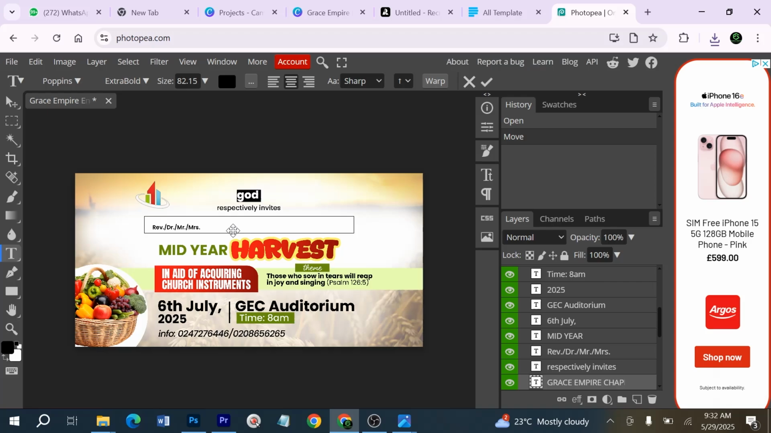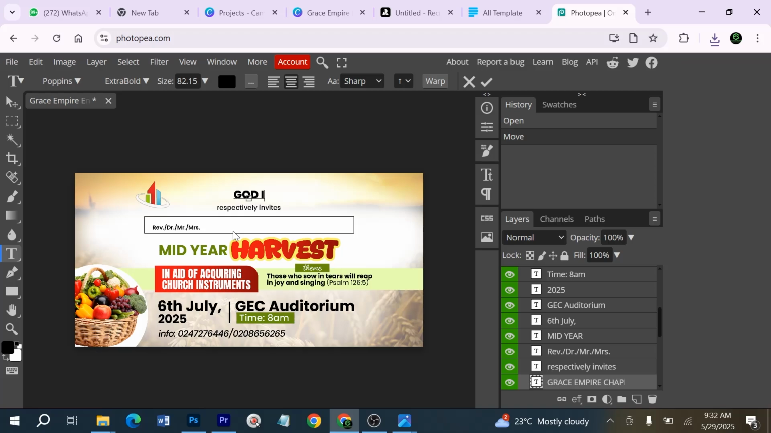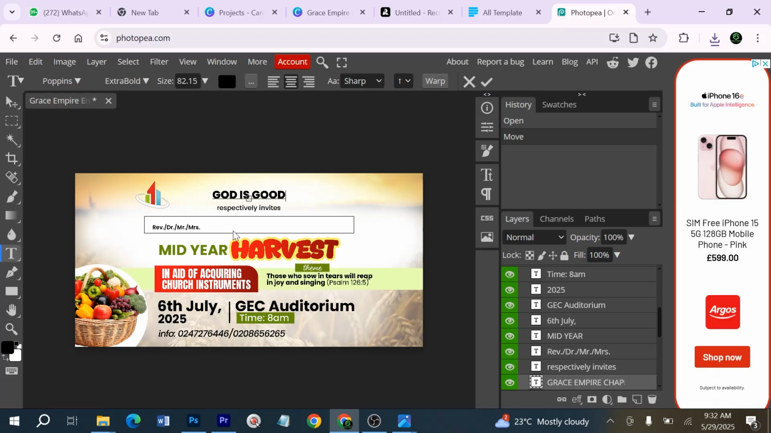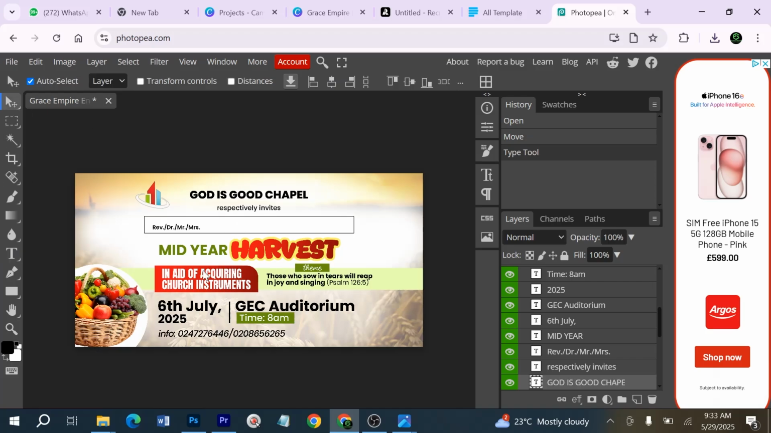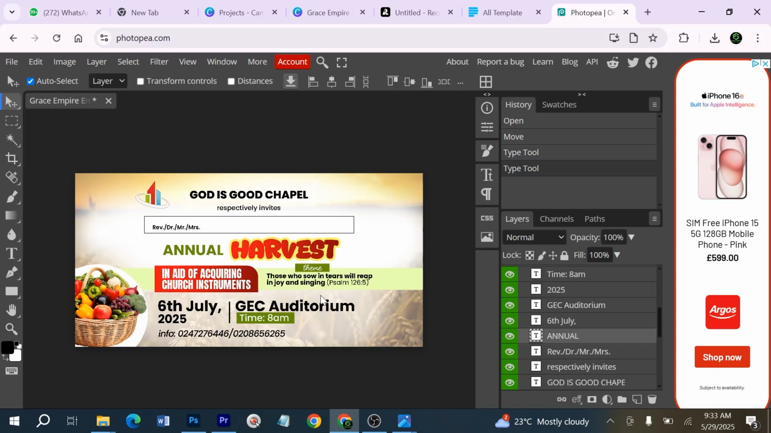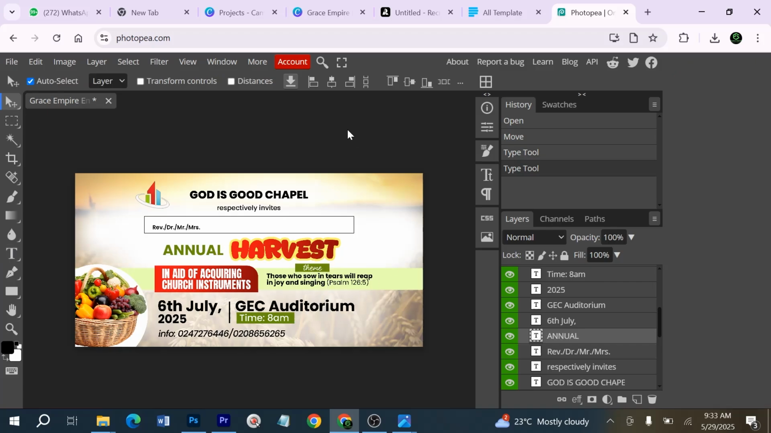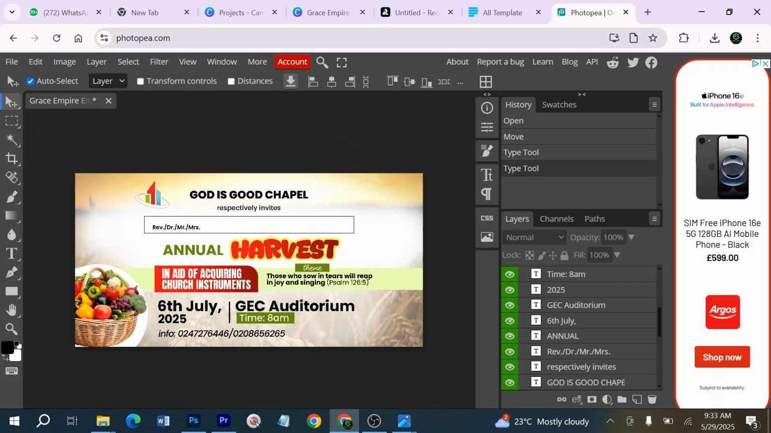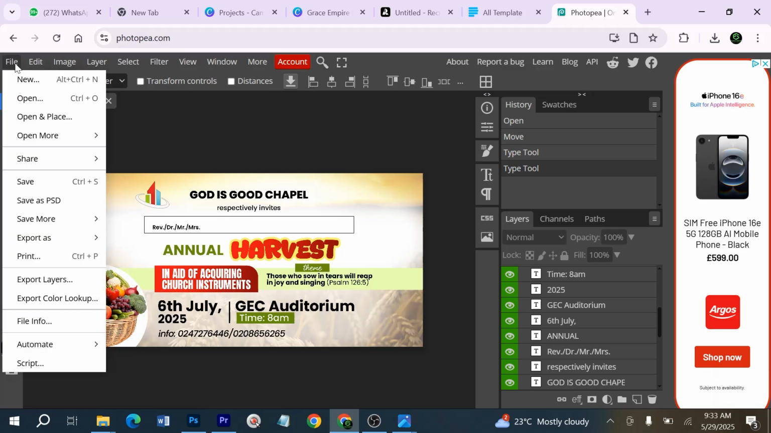God is good. Let me type it in caps. God is good chapel. Okay, you come back to the move tool, let's change this one to annual harvest. Okay, so you can literally make all the changes that you want, and here when you are done you